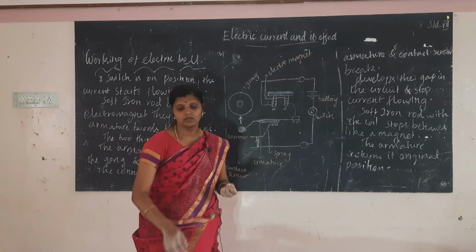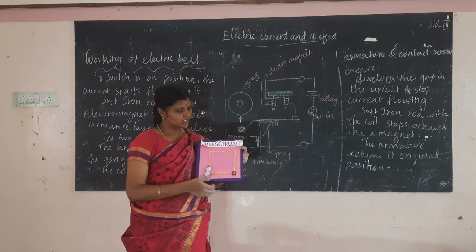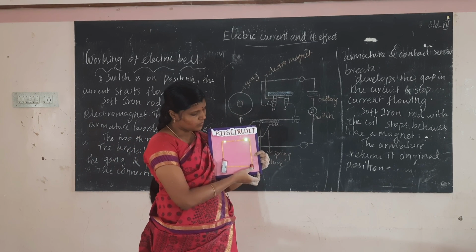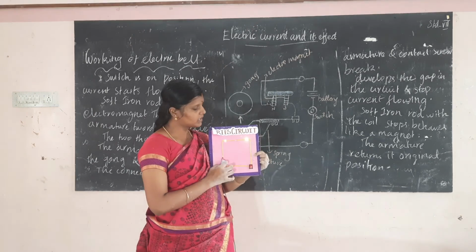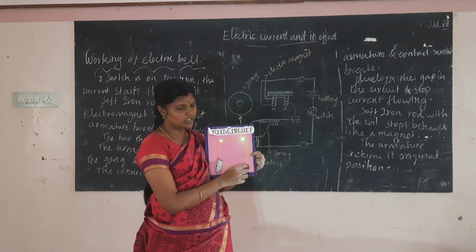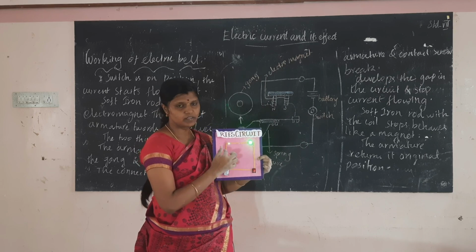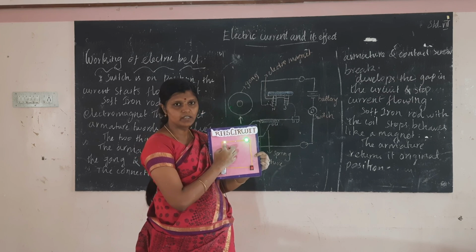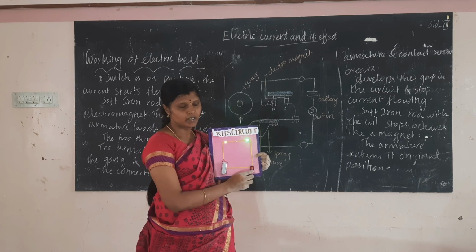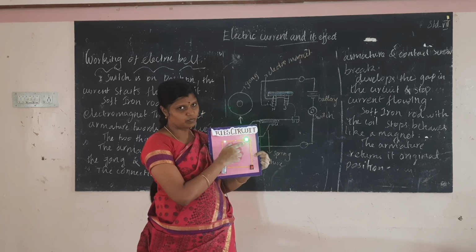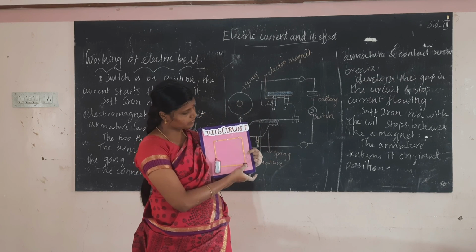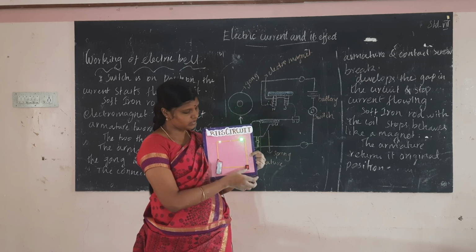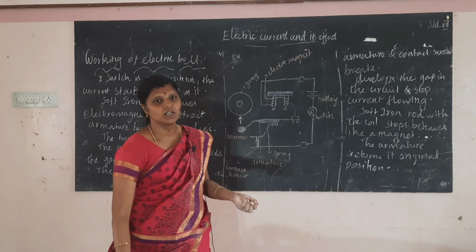And here I show a simple circuit. This is a simple series circuit. The bulbs are connected in series, with one switch and a battery. When the switch is on, the bulb glows. When the switch is off, it stops glowing. It's a series connection.